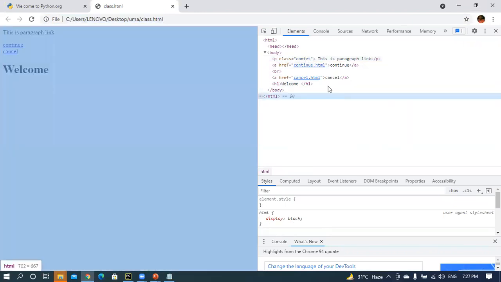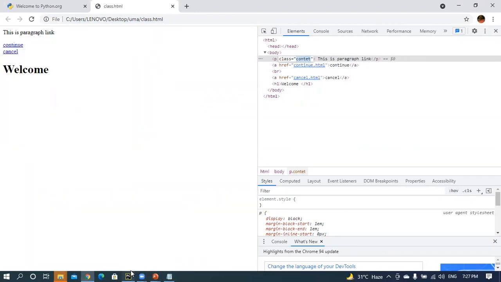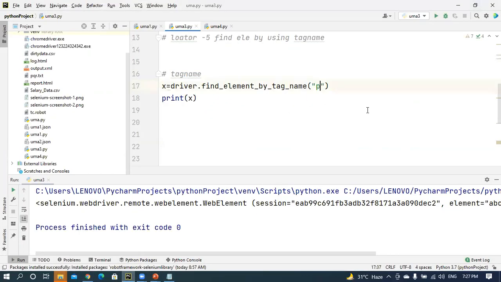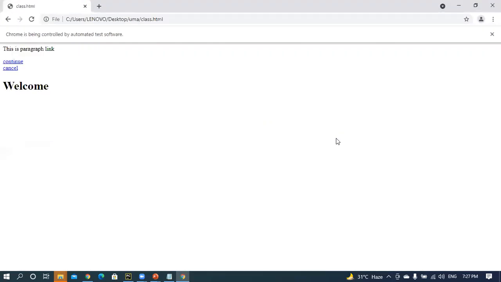If the class name is available, it will execute. Otherwise, it will give you some error. If it is available, then it will identify this one. After that, it will identify the paragraph. After that, close this one.